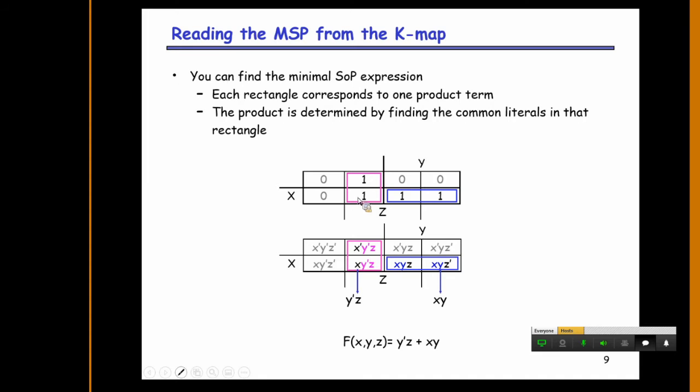Now if I form this column wise, I have to check for the common variable. Row wise, x is 0 for this cell and 1 for this one. Hence x differs between these two cells, but y and z are common. So here y bar z is the minimal expression of this big square. Like this, we have to form the adjacency and minimize each function.